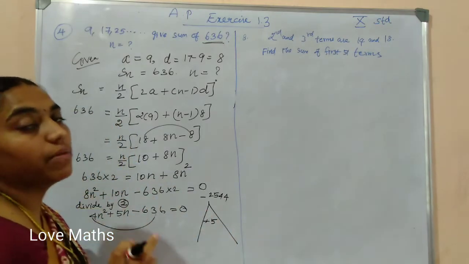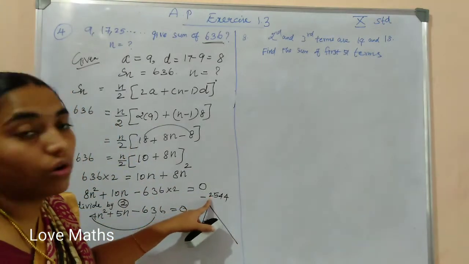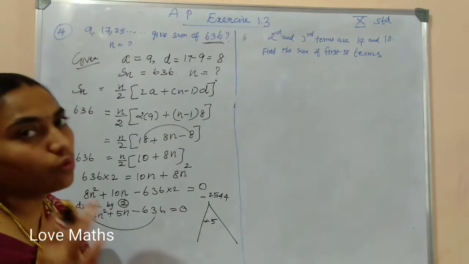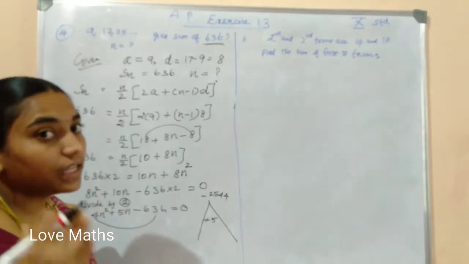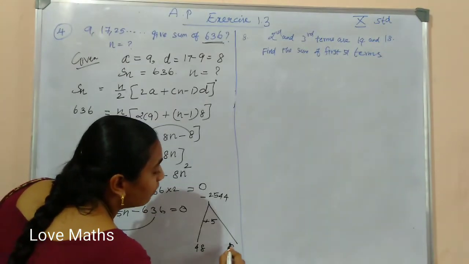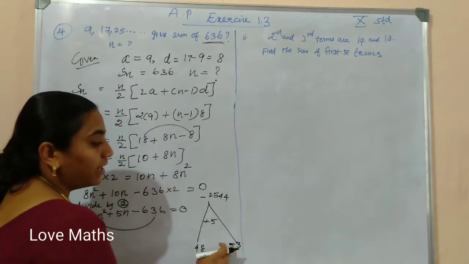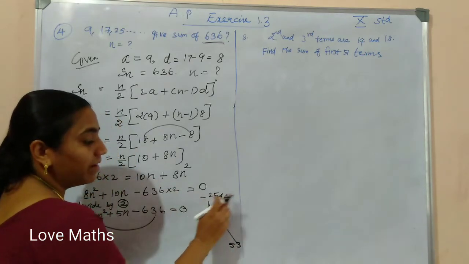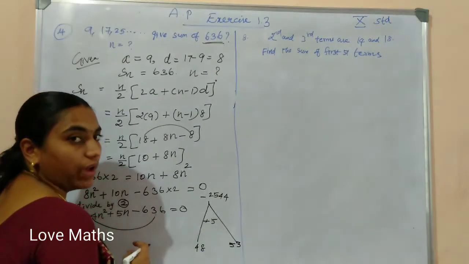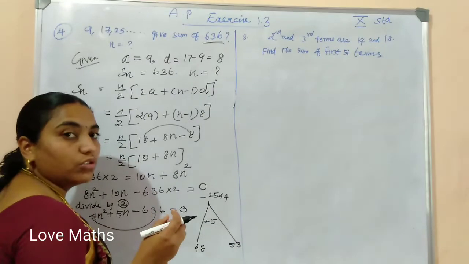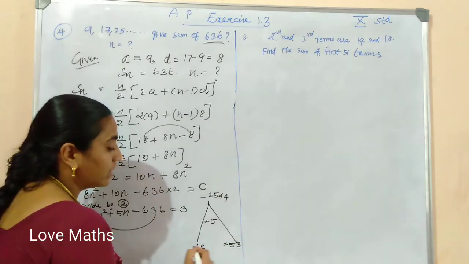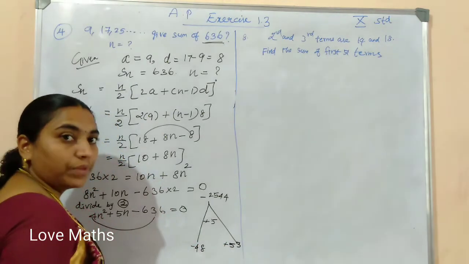So, we need two large numbers because this is more than 2000. But the difference is 5 only. So, two large numbers, but both are the nearest numbers. So, the answer will be 48 and 53. 48 and 53 is 2544. Okay, so 48 minus 53 is also 5 only. Now you have to check the sign only. The center is plus, so the greater number is plus and the smaller is minus. That's all.